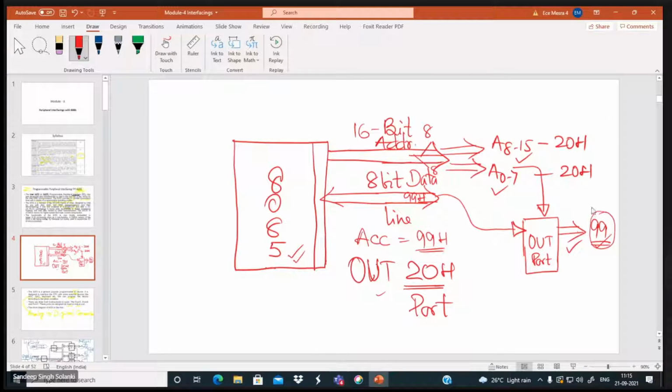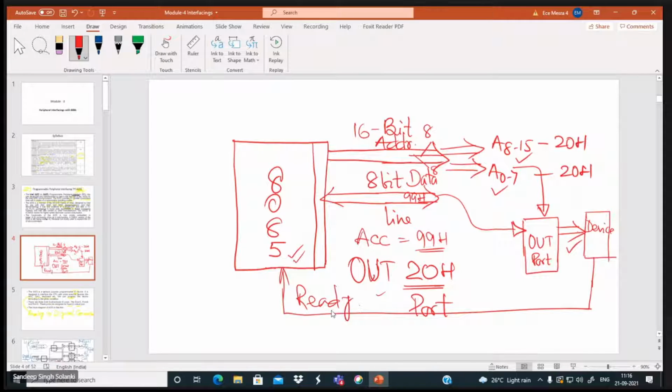So you mean to say that the device which is connected here, if I say this is a device, should give the ready at 85, then only this data should get transferred. That is what you are saying? Yes, sir. Okay. Somebody else?